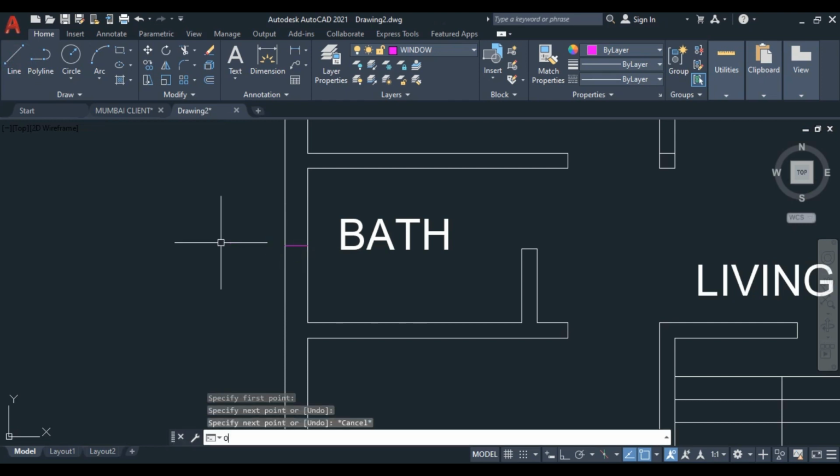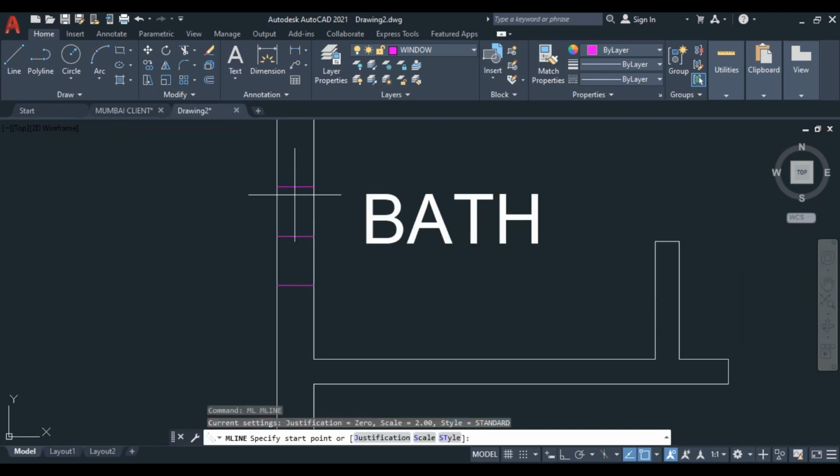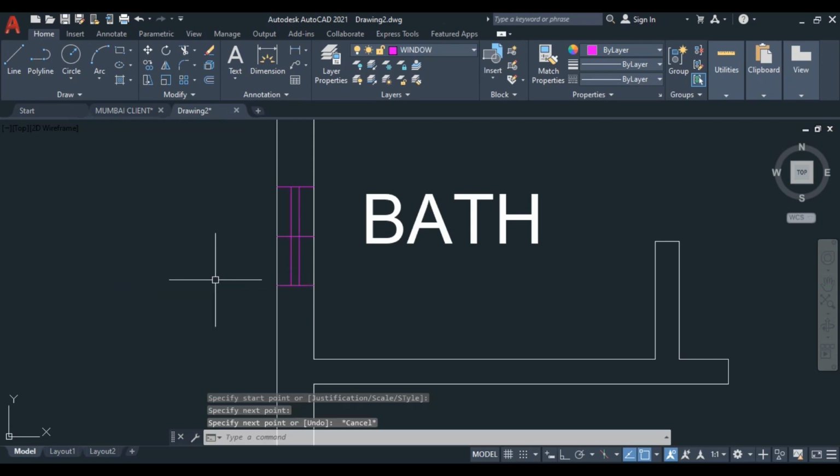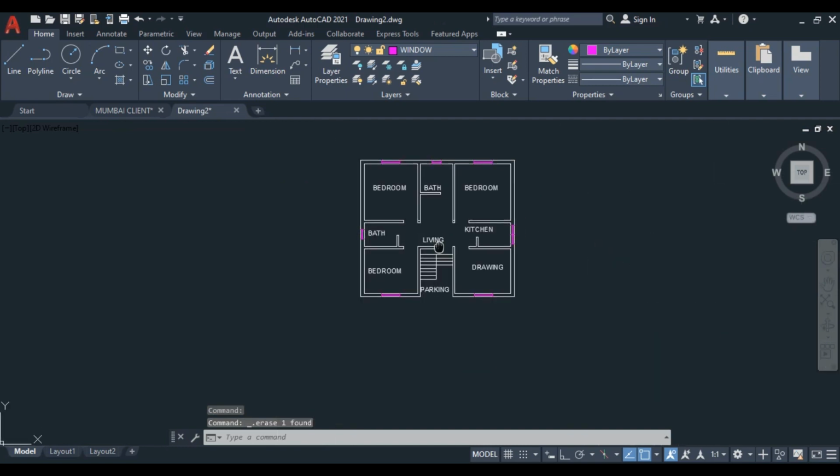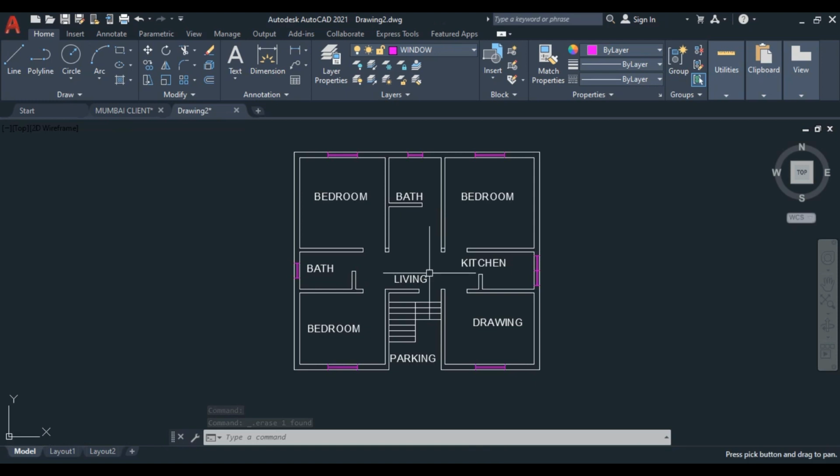Make it for the bath, so I just offset 1 feet, press enter, click here and click here, then just use ml, and from here to here I just make the window frame and just delete this line. All right,